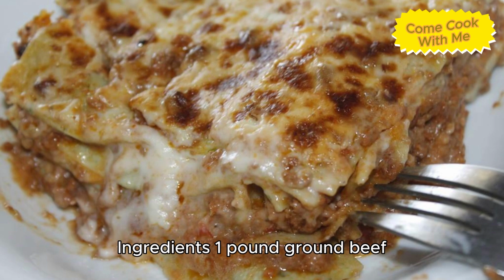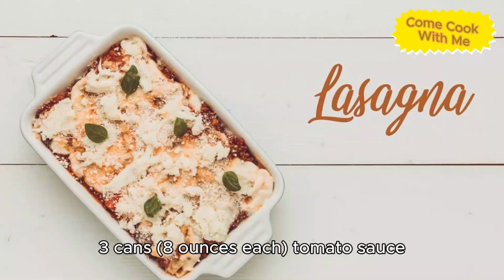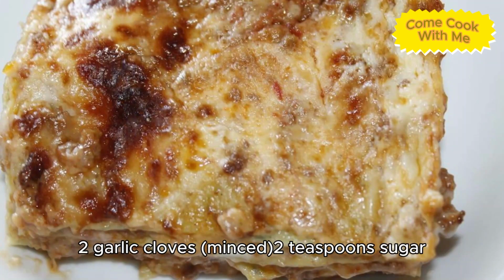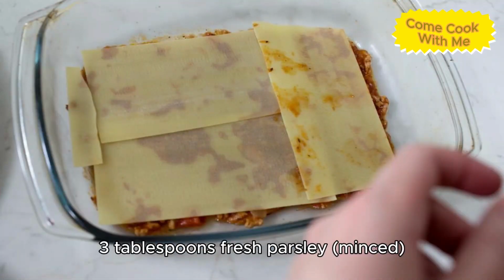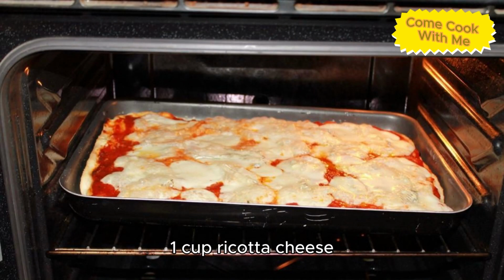Ingredients: 1 pound ground beef, 3/4 pound bulk pork sausage, 3 cans (8 ounces each) tomato sauce, 2 cans (6 ounces each) tomato paste, 2 garlic cloves minced, 1 teaspoon sugar, 1 teaspoon Italian seasoning, 1 teaspoon salt, 1/2 teaspoon pepper, 3 large eggs, 3 tablespoons fresh parsley minced, 3 cups 4% small curd cottage cheese, 1 cup ricotta cheese,